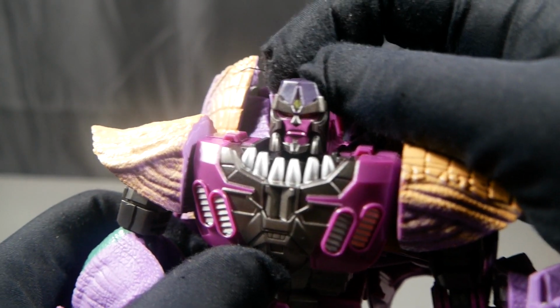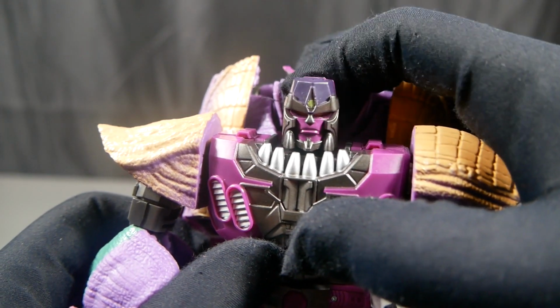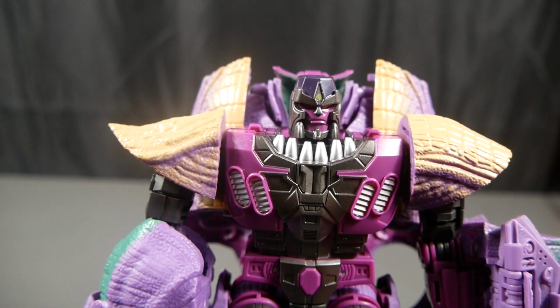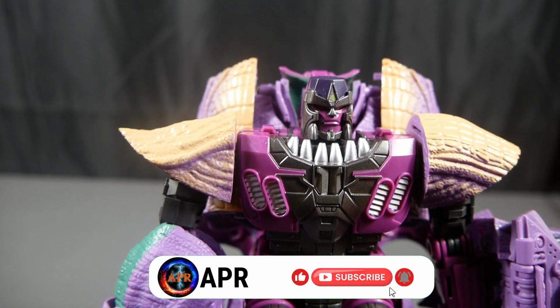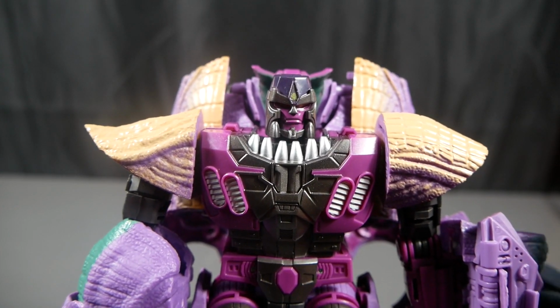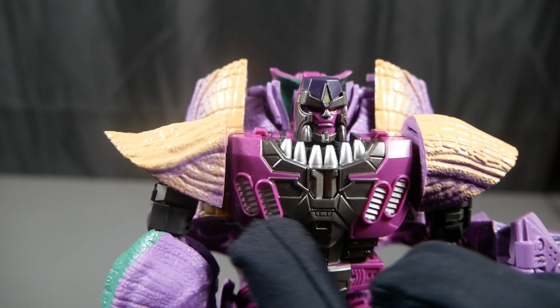Oh, what a beautiful head sculpt with the Predacon logo on his head as well. But yeah, this is one nice looking head sculpt. Like a beastie version of the G1 Megatron, which I think was the original plan for Beast Wars, until they were like, nah, let's make it actually like a sequel series to the G1, but also a prequel. But yeah, he's got the nice teeth here on his collar,